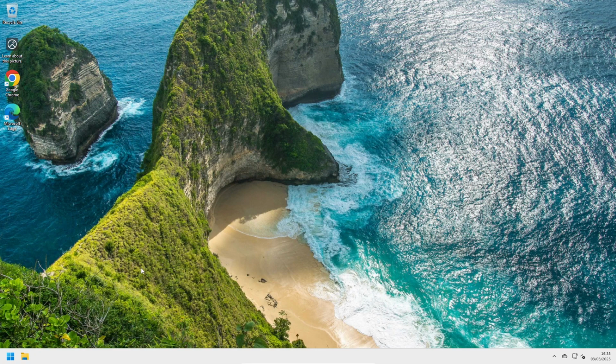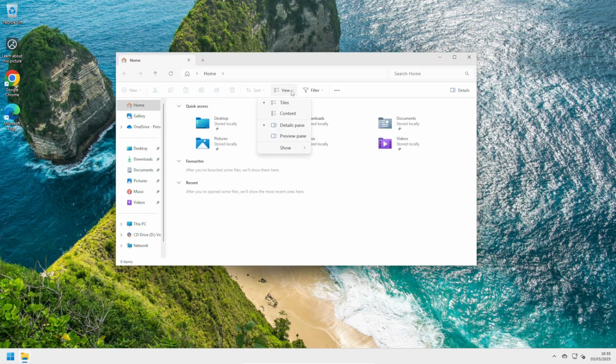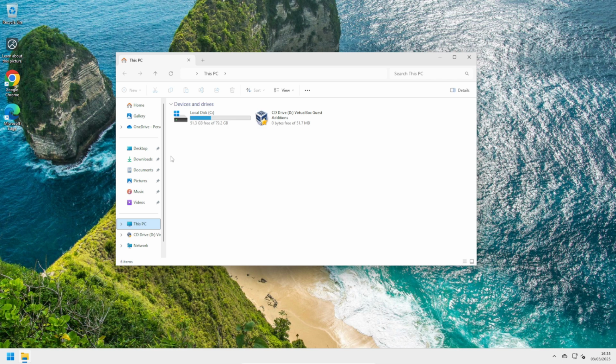If some of your desktop icons are not showing, open up File Explorer, and in View, we just want to make sure that hidden items are visible. So just make sure that's checked. And then if you go to C drive,